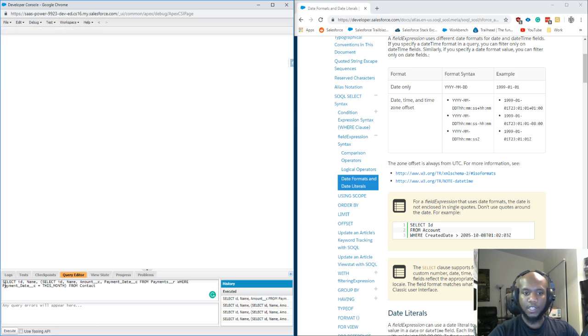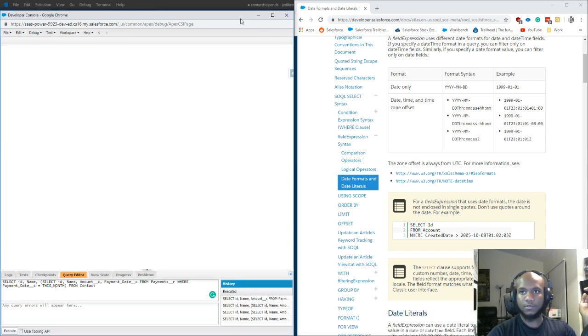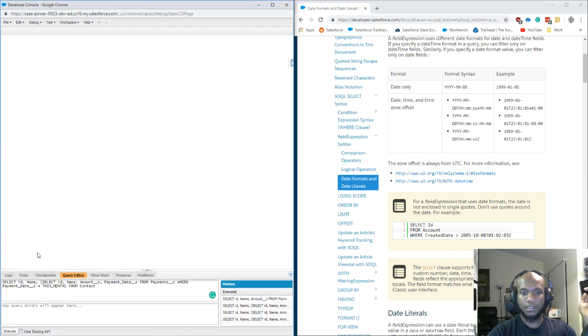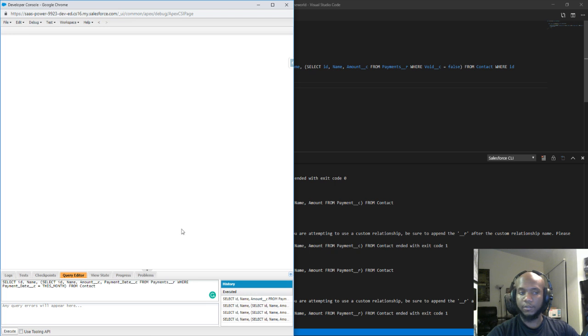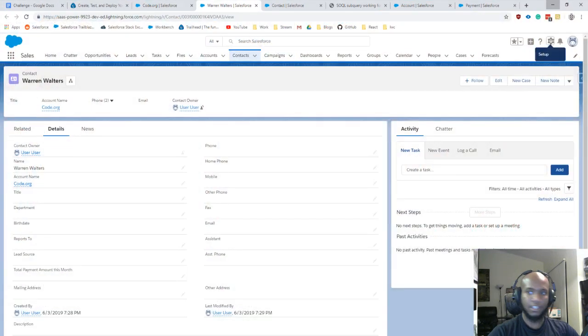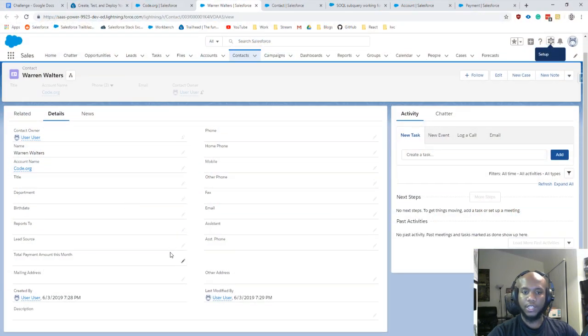Because what I'm doing here is in the database, I'm already filtering things out. So one of the requirements from the challenge was to make sure that the payment dates were for this month only that were getting rolled out. So at this point, we actually need to make sure that this is working because we aren't sure yet. So to do that,